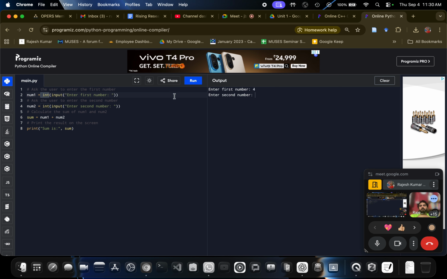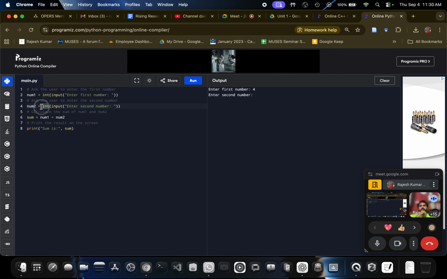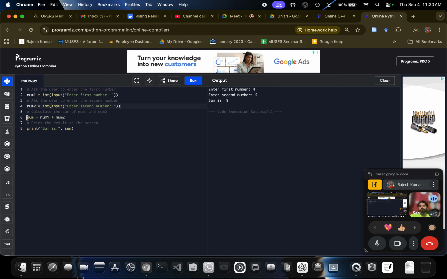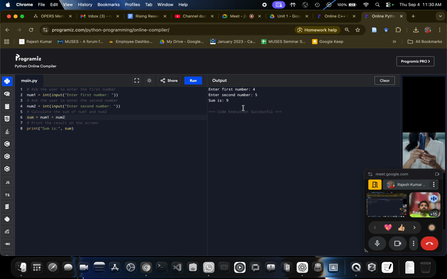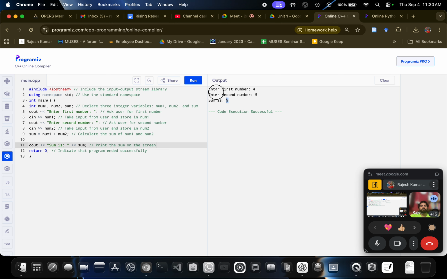Then I press enter, I go to next line. And what is the next line executing here? Num2, which is also an input inbuilt function, which is asking me for the second number, and it should be an integer. So this is a syntax of input. The input syntax is just this. And there is another layer on it which is telling that it should be an integer. Then I put 5. And when I do that, the sum is 9. Why the sum is 9? Because of this line. Sum, it basically summed num1 and num2 and it printed sum is sum. Okay, so you can relate left with right. The output is same.